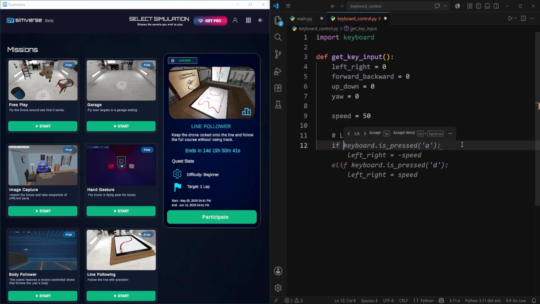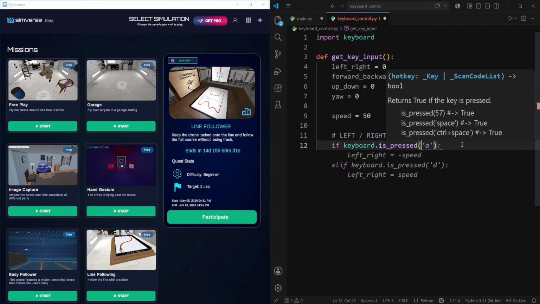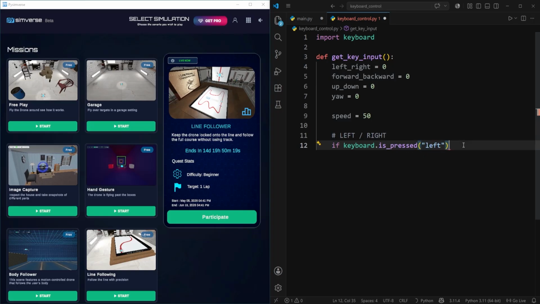So I'm going to type keyboard.is_pressed, and inside the round braces, inside the double quotes, if the user enters the left arrow on his keyboard, so I'm going to type left. Then inside this if condition, I'm going to set the left right value